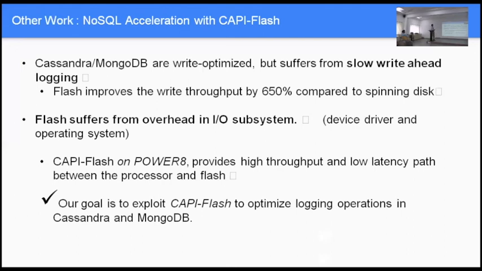So, for example, my PhD student who's been working very closely with IBM research is showing a performance improvement of 650% as opposed to the classical deployment of Cassandra, which uses disks. If you use IBM's flash arrays, so if you want to scale out your big data technology instead of having massive clusters or a lot of memory, which is expensive, this solution is to say buy a flash array, which is orders of magnitude cheaper, but you will get such amazing improvements. So that's one of the research projects that we're working on.